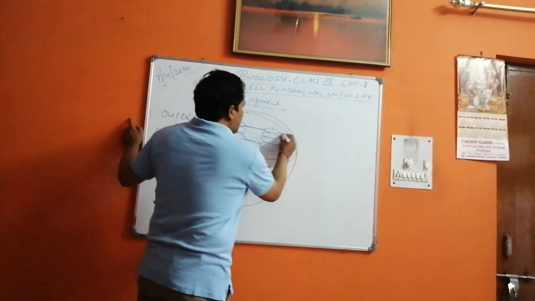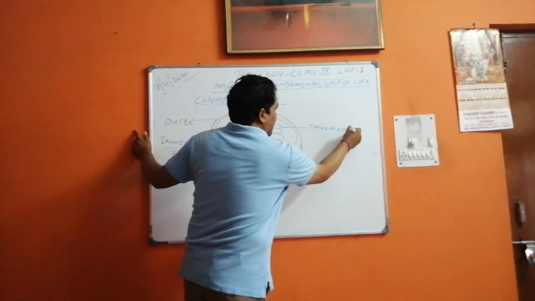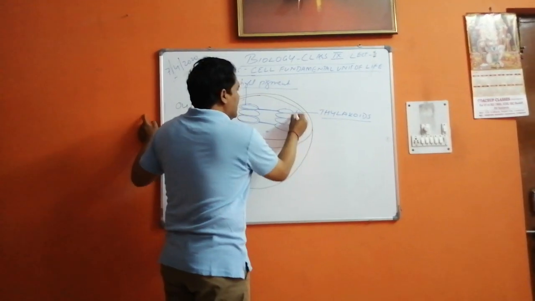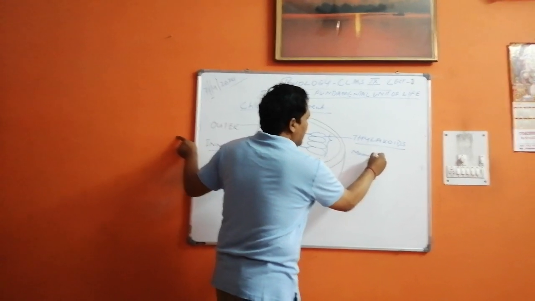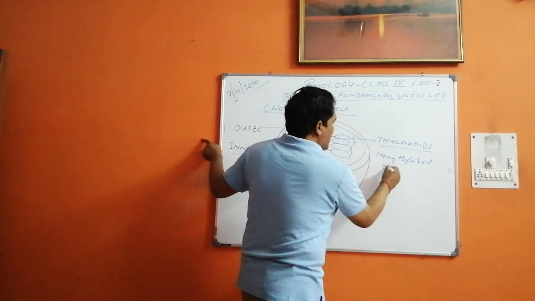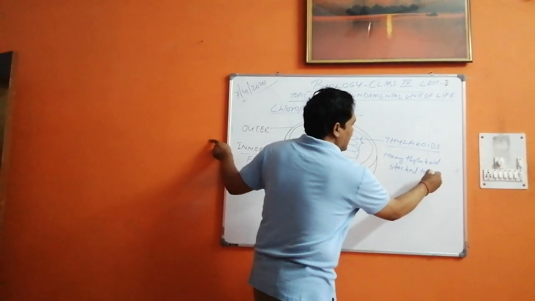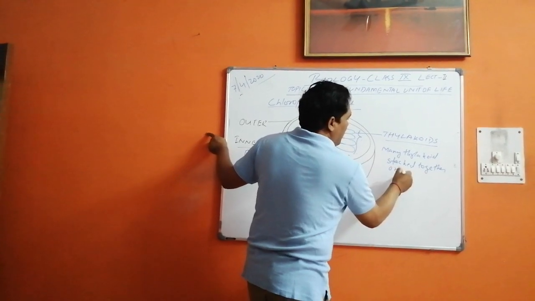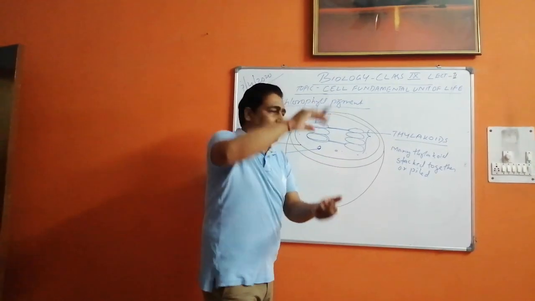Now these structures are known as thylakoids. Many thylakoids stacked together or piled, piled meaning one over another,